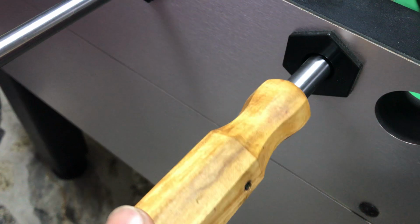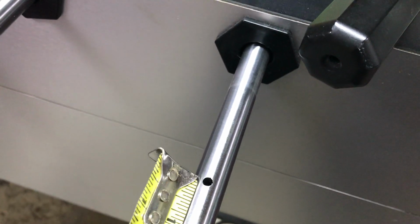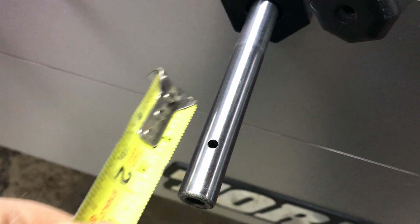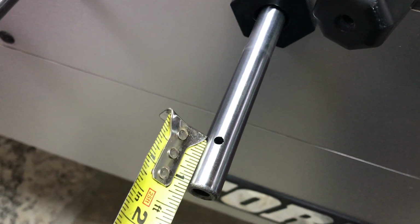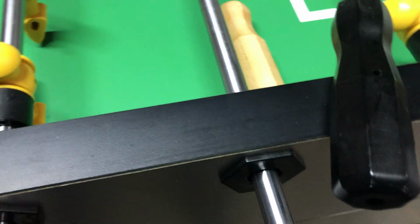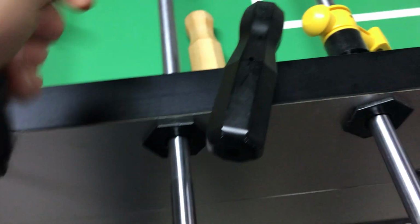So the handles are all really nice. Now the one thing I noticed, when I took them off, the hole is only 1 inch from the end. I was kind of surprised. I envisioned the hole being up in here. So 1 inch. Very good to remember, because I need one table I'm going to do, I need to drill the holes. So the other thing I found is to take the pin,